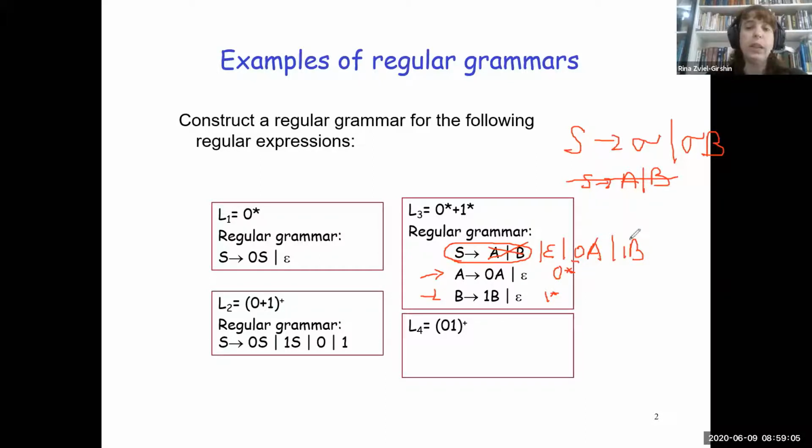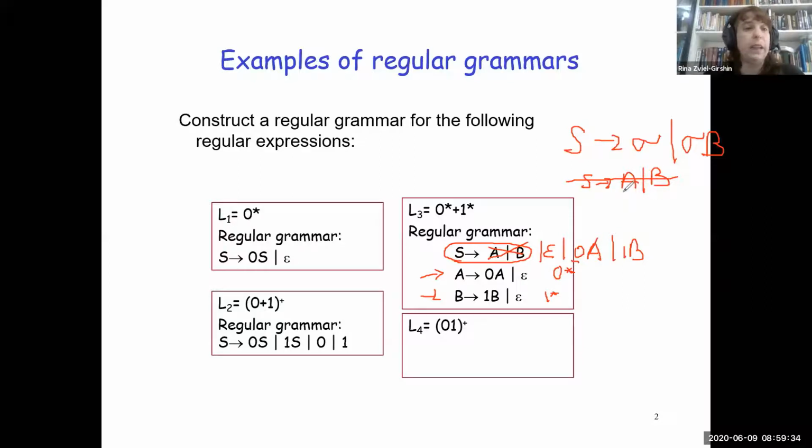So what I did, I actually looked at what I produced from A, and I saw that it was 0A, and I added 0A here, 1B here, and I also added epsilon from both of the rules that I had. But I talked during the lecture about how to eliminate unit rules, because actually